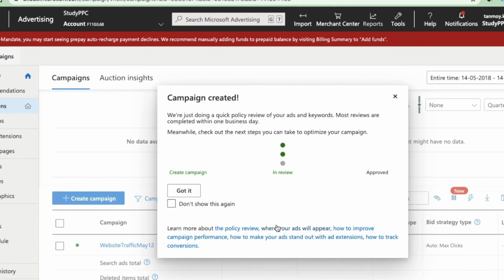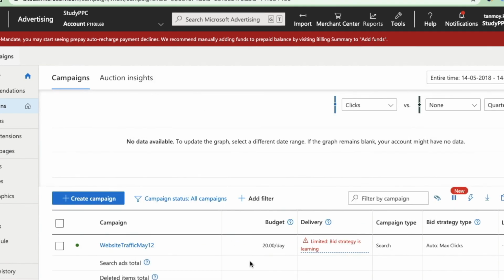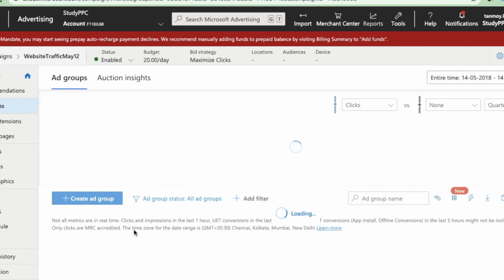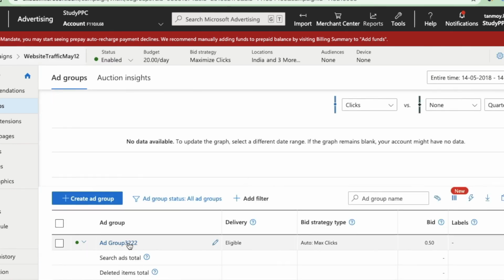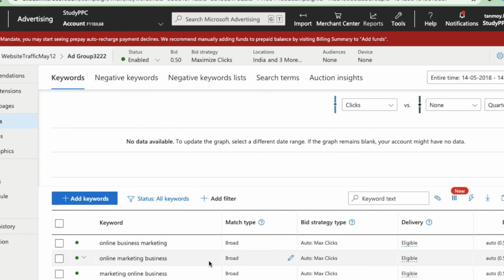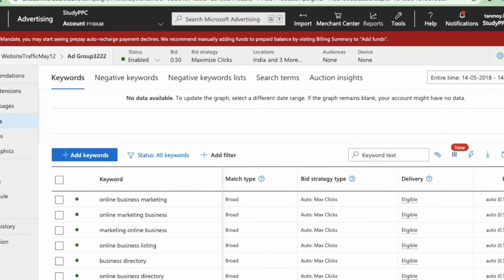So now, as you can see, the campaign has been created, which is under review. Okay, so this is the website traffic campaign which we have created now with one campaign, and inside the campaign we have one ad group right now. Once you go inside the ad group, you will also find the keywords which we had added for this campaign.